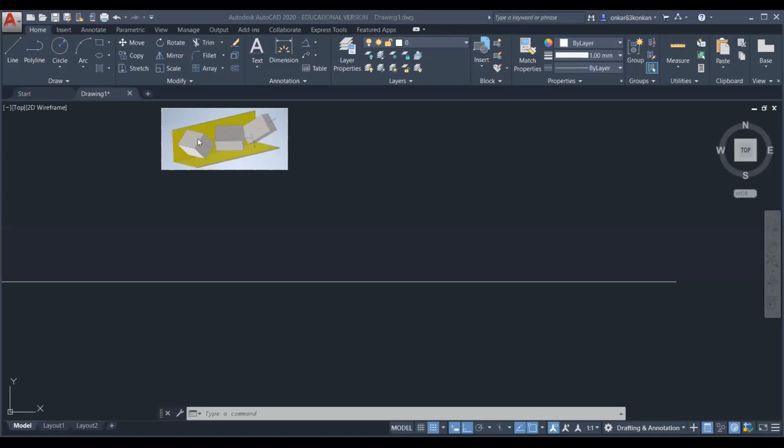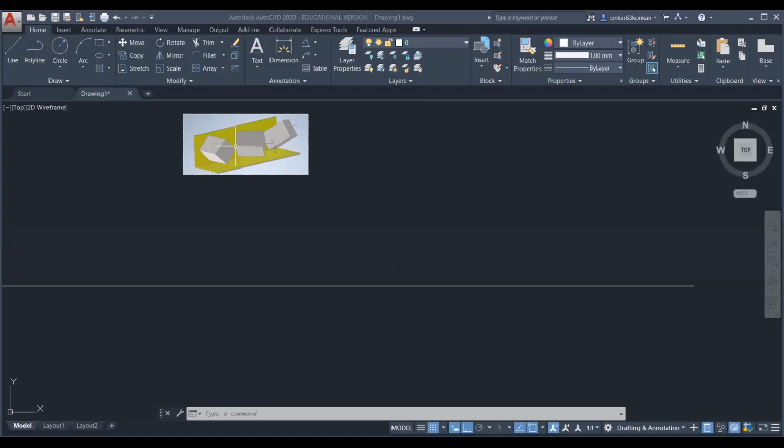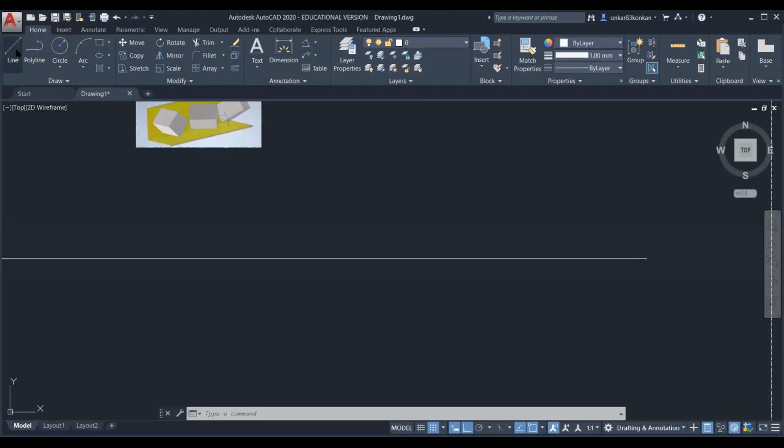In the front view, you have to draw the square equally inclined. So draw one line at 45 degree. This is just a reference line.